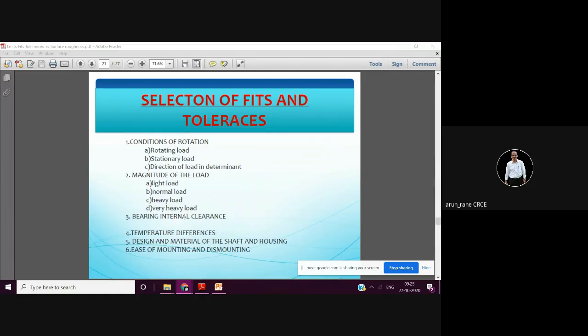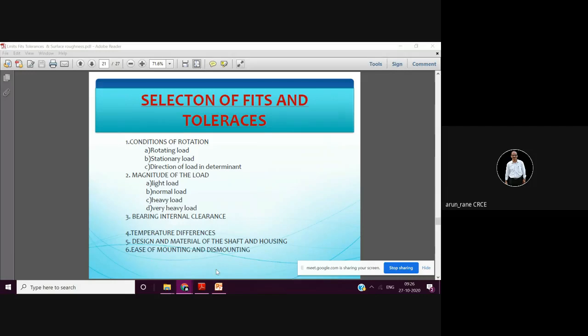And of course, any design will have this load criteria. Then what is the internal clearance? Bearing internal clearance, that is how the fit is. And normally most of the bearings are tightly fitted. Tightly fitted means you have to just hammer a little bit. It should not go easily, and it should not be removed easily. So you have a special kind of fixtures for installing the bearings, as well as some special type of fixtures called the bearing puller to remove the bearings from the shaft.